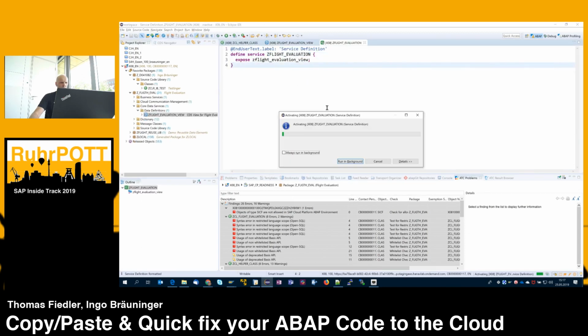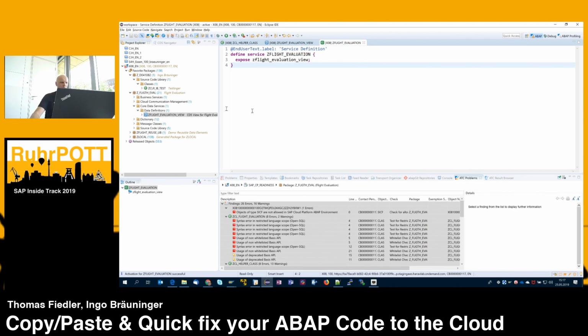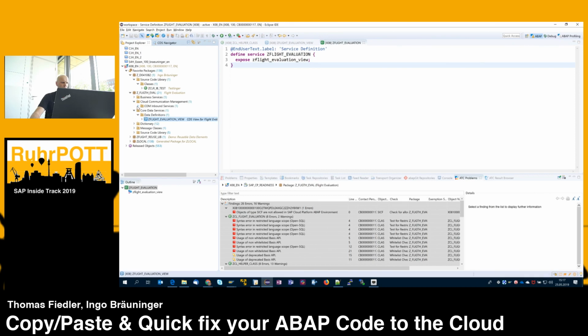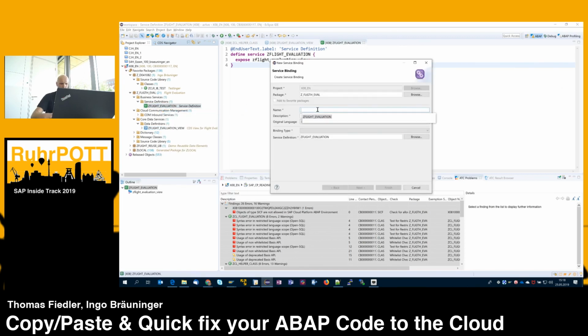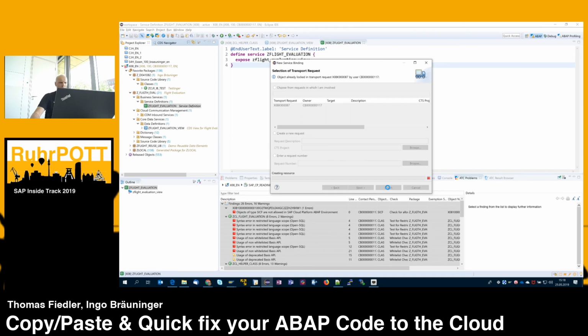And on top of the service definition, just getting back to Andreas' talk seconds ago, we now create a service binding. The binding means that we want to create a Fiori UI, so we are choosing the binding type OData V2 UI here. Save and activate that.